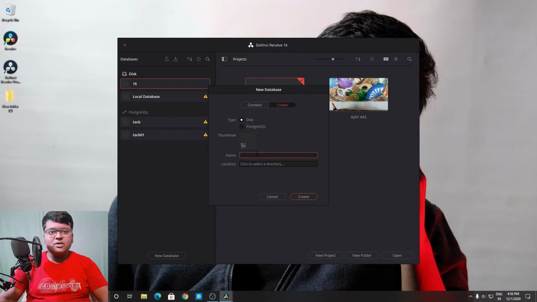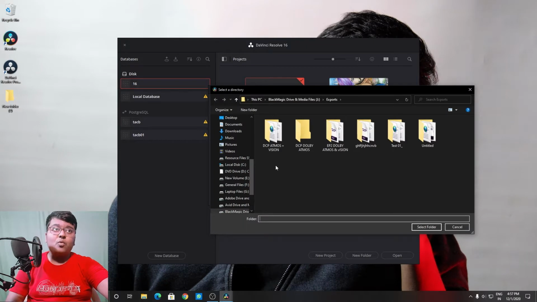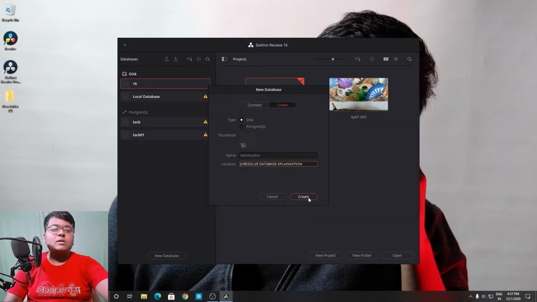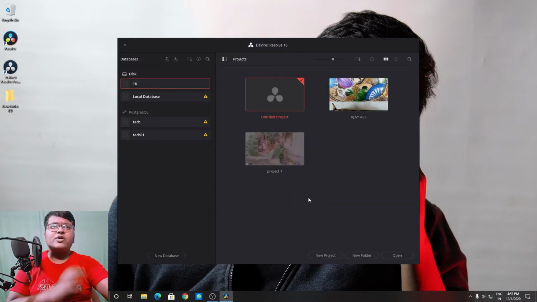You can name your database anything, like I'll just keep it like this. Then select a directory where you want all the files or the projects of this database to be kept. After selecting your directory, you can just click on create.